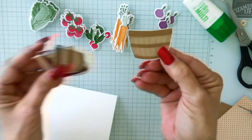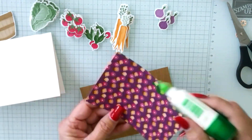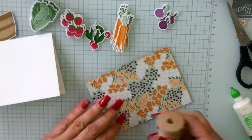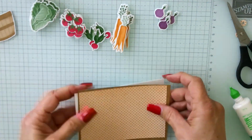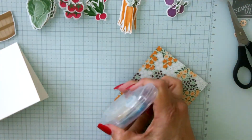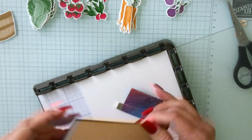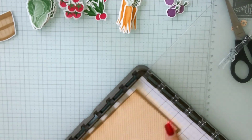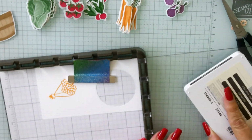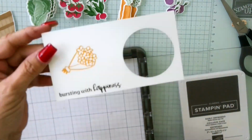Now with this one, those are all the images and everything that I fussy cut out, the buckets, the purses, the bags from the designer series paper. And then all the die cuts up there, okay, this is gonna be a mouthful. I use the die cuts to die cut out the images from the Two Market Designer Series paper. Cut some more up for the card base, going to get that layer down. That's two pieces of Designer Series paper right there on top. I wanted the wood grain to offset it a little bit, and that is the scratch paper left over from the last card. Inking that up with Early Espresso,